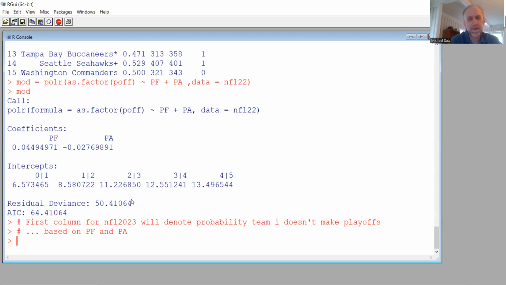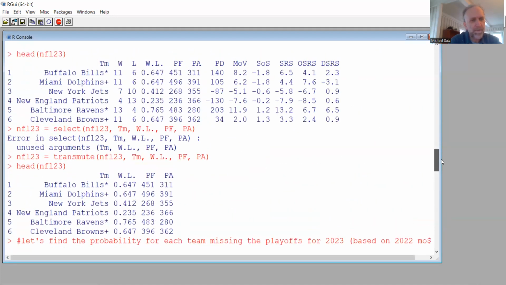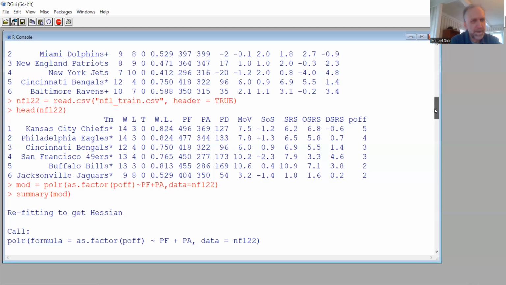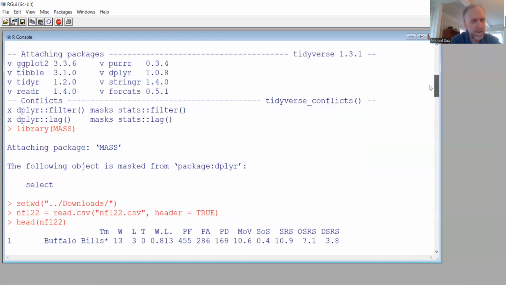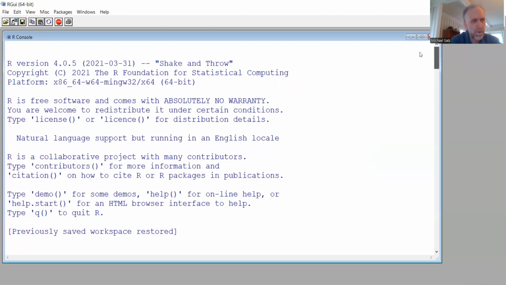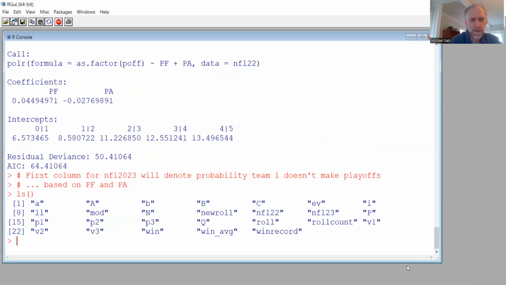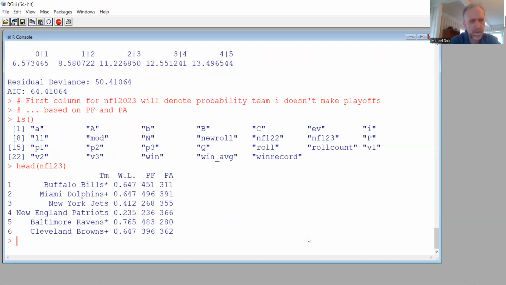So where's the 2023 data? I think I grabbed it ahead of time off profootballreference.com. Let's see, do we have it or did I not read it in yet? If you type ls, it should tell you all the data sets you have. It says NFL 2023. I did it just a couple hours ago. So let's type head NFL 23 and see what we get. Yeah, it's in there, and I already cleaned it up a little too.